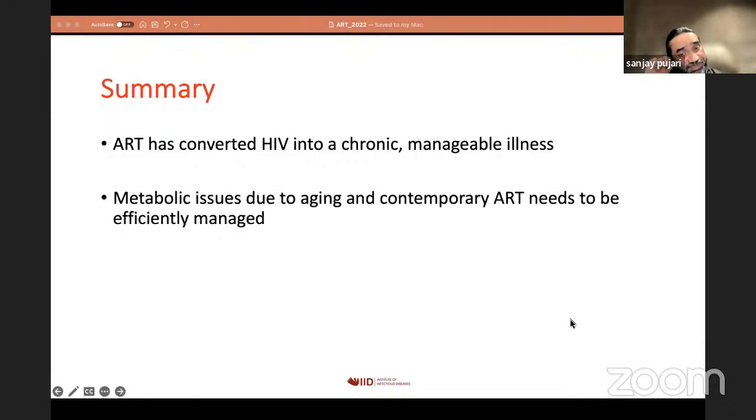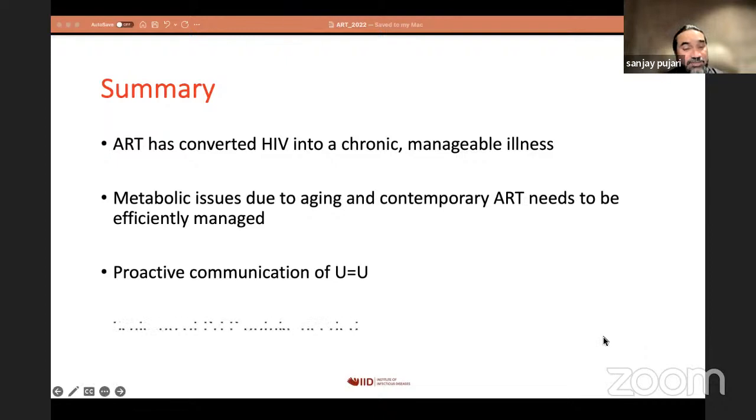Metabolic issues due to aging and contemporary ART need to be screened for and efficiently managed. I briefly mentioned weight gain, as well as issues relating to diabetes and other metabolic complications. The most important aspect of ART is its prevention benefit, and proactive communication of U equals U needs to be done with our patients so that they can stop being concerned about transmitting HIV to their